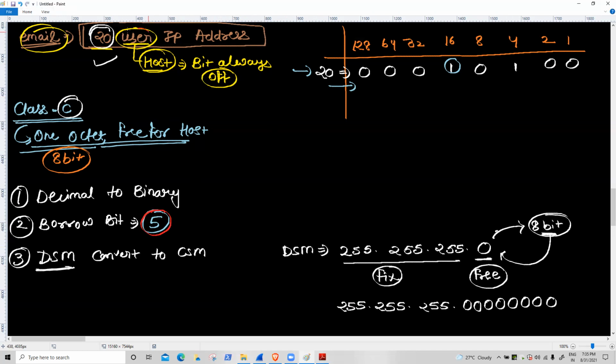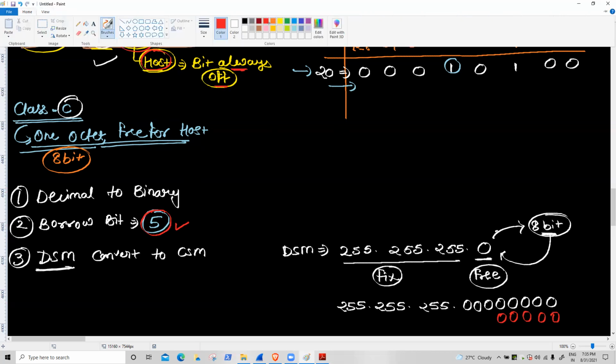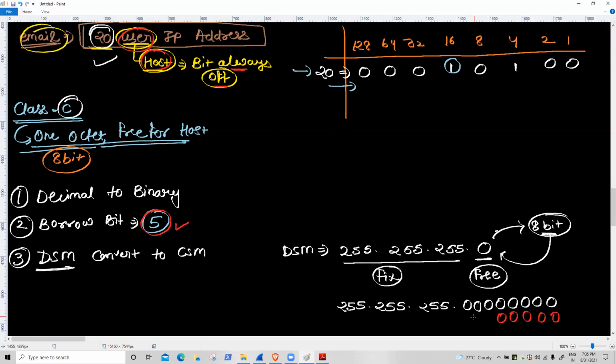And if you are doing the user concept, that means host, and the bit is always off. So how many bits do we borrow? 5 bits, counting from this side: 1, 2, 3, 4, and 5. How many bits off? 5 bits off. And right now, how many bits remain on? 1, 2, 3. Very simple. This one is 128, 64, and 32. 3 bits on. So add the values.